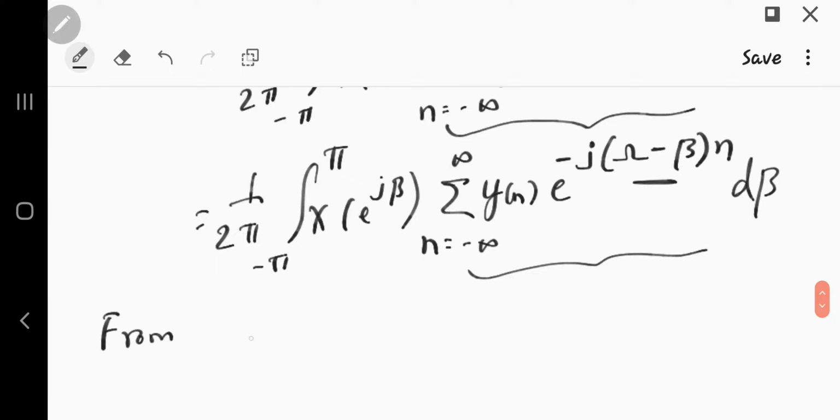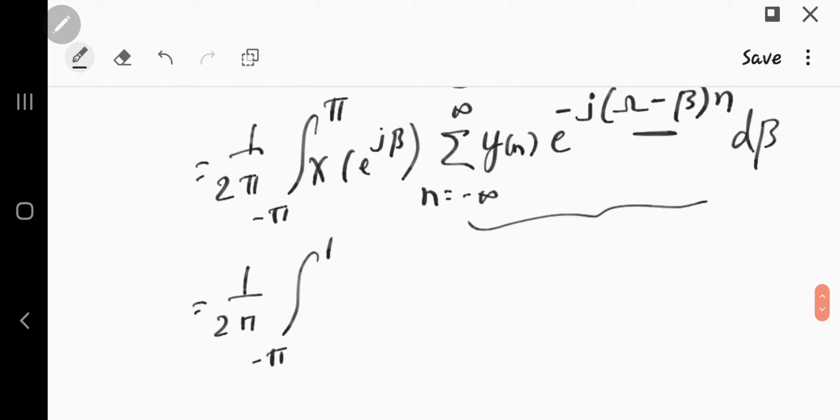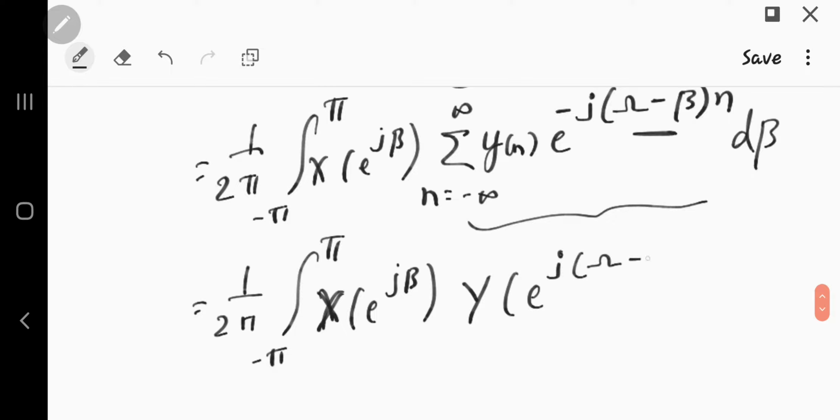So I will write this, as we did in the differentiation property, as 1 by 2 pi integral minus pi to plus pi x of e power j beta, y of e power j omega minus beta into d beta. Okay, x of e power j beta y of e power j omega minus beta d beta. Now